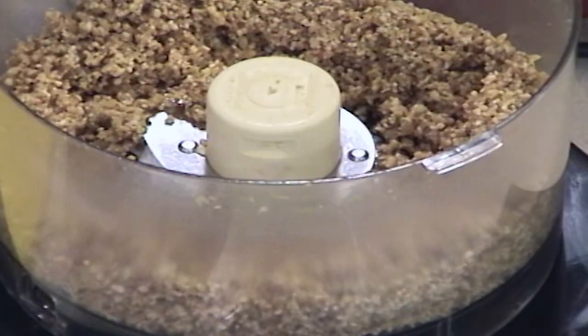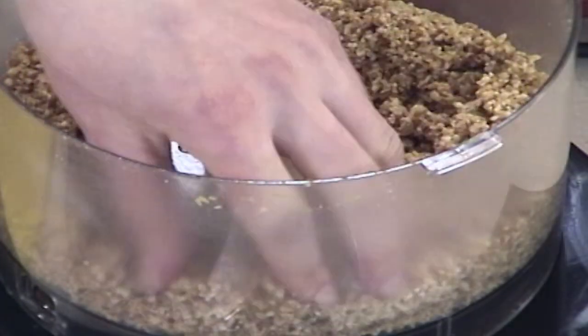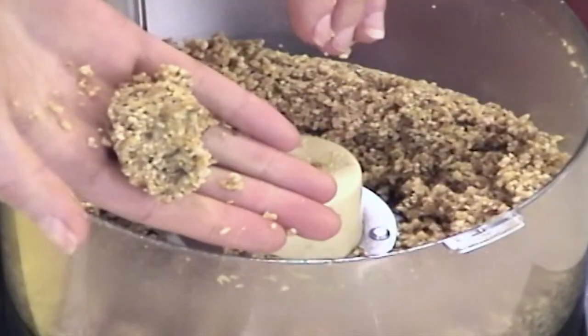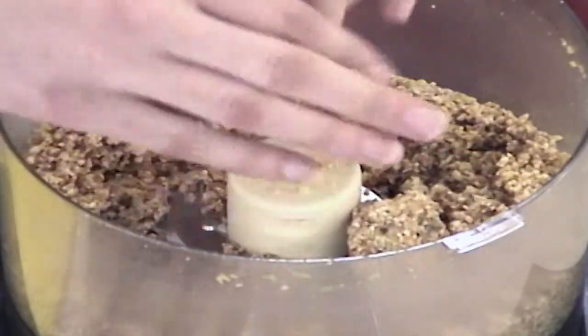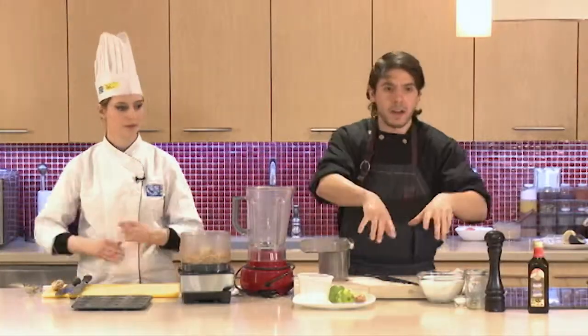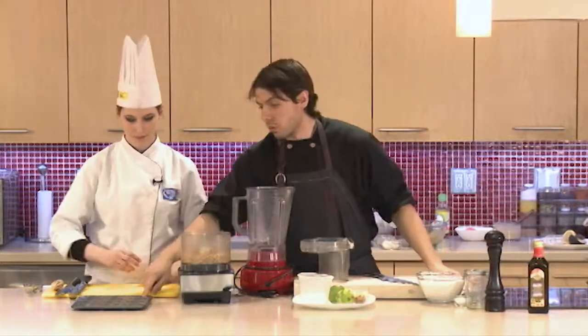You can actually do the squeeze test with that. You would just take it and squeeze it. So see how it kind of holds its shape? It's not falling apart anymore. That's it. So there's a crust, no bake, and you can line an entire pie plate with that, or we've